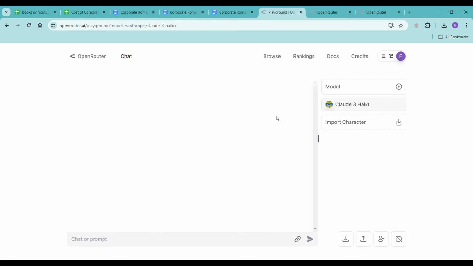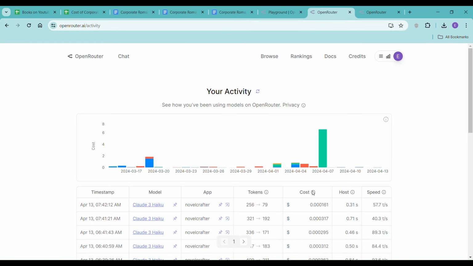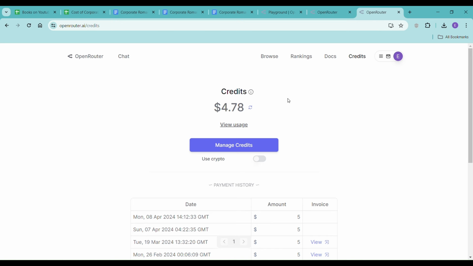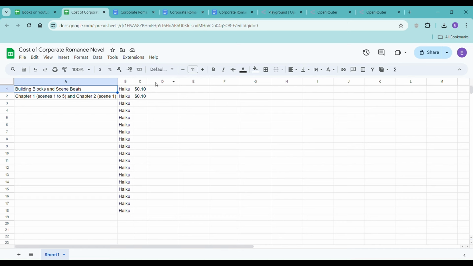And so we have Open Router here. This is how much each little response will cost. It is the 13th. This is what I was doing earlier today, so everything after 742 will be us. We're still using Haiku, as you can see, with everything that I've done lately. It's incredibly cheap. And then I'll show you the total cost for the day. So far, what this book has cost is about 20 cents.